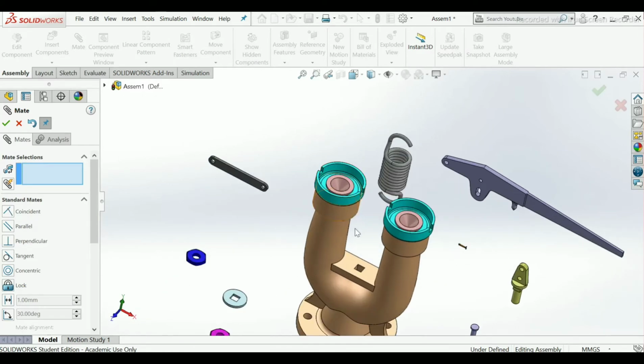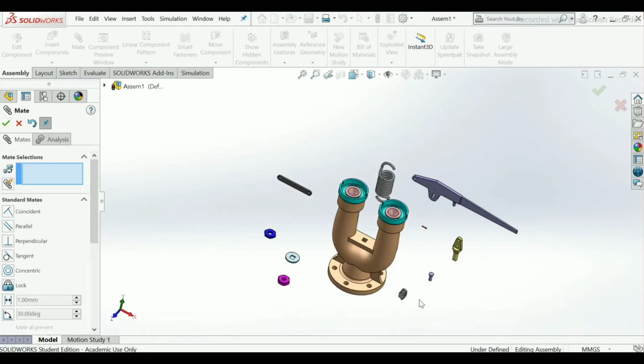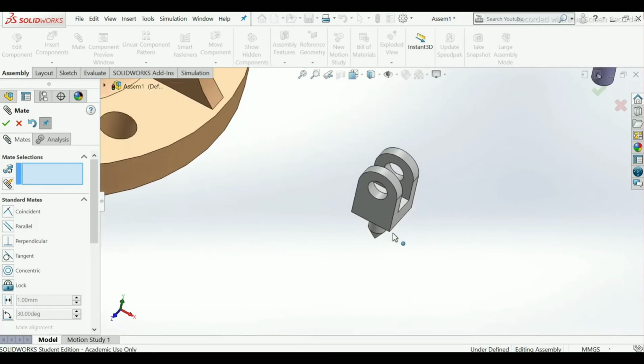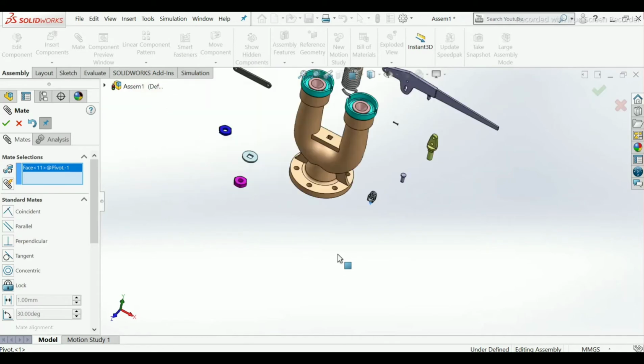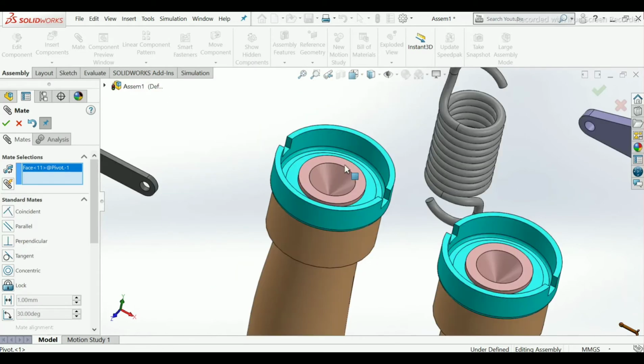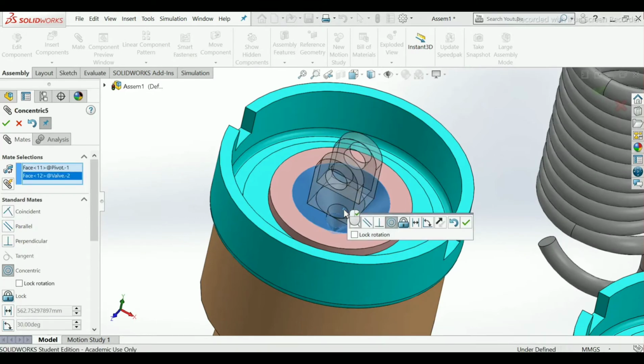Now in our sketch they have shown one pivot here, we have to place it on one side. So our pivot is here. Select this face and this inner face, make it concentric.